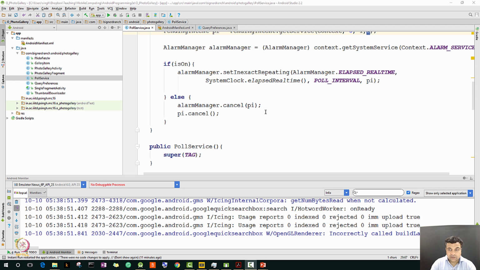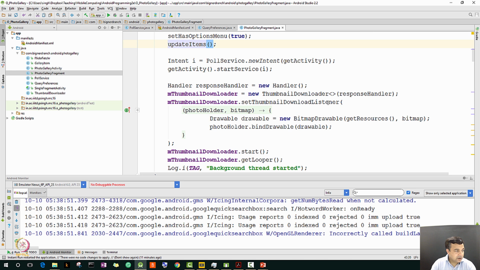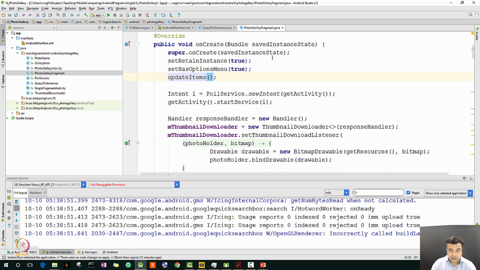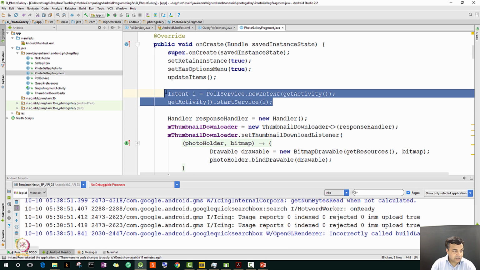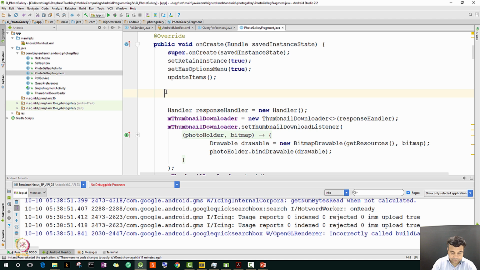Now let's just add some code to test our alarm. So let's go to photo gallery fragment and let's go to its onCreate method. And in the onCreate method, instead of doing this, which we were doing earlier, which was really basic, we will now do PollService.setServiceAlarm, getActivity, true. So this should all ideally set our alarm. So let's run the program and then see what happens. So we will run the program